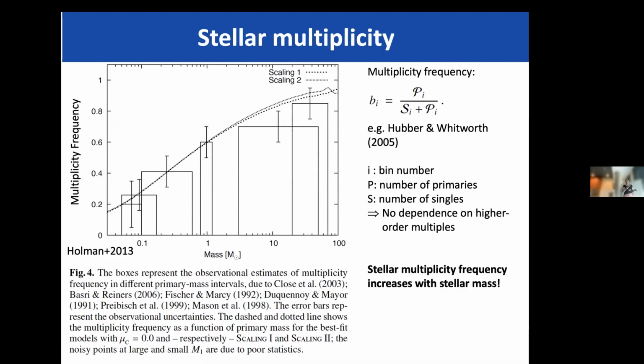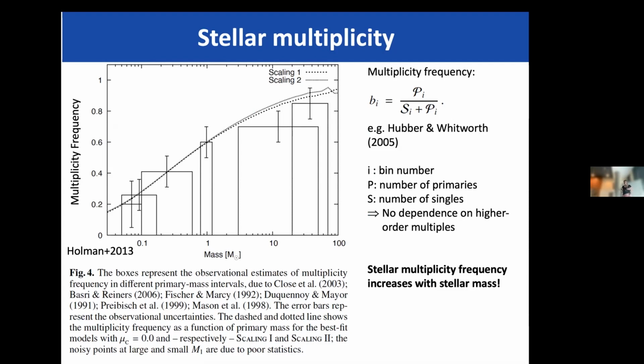But it's a good definition because it's quite a robust number actually in this regard. And so you divide this number of primaries by the number of singles plus primaries, and this gives you the multiplicity fraction in several mass bins. So if we plot here the mass again, and you see that the bins here are indicated,